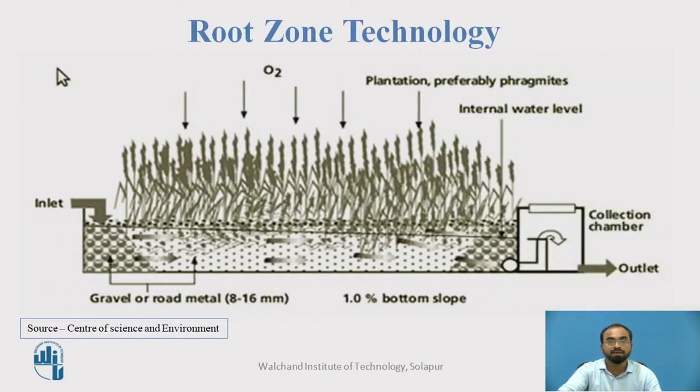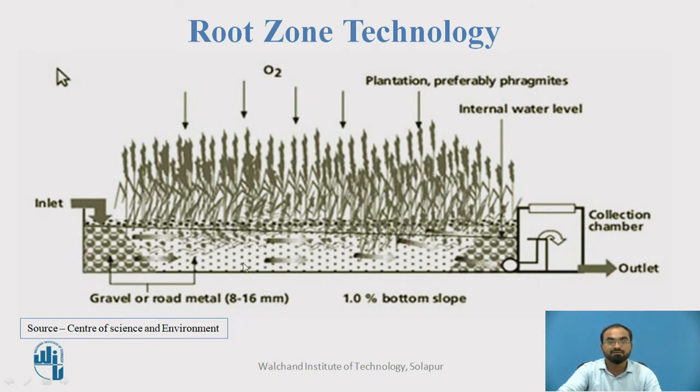Now in a more detailed way, you can see the diagram where the inlet has been shown on the left part and through the gravels the wastewater is coming inside the root zone, where the roots are giving out a lot of oxygen from the atmosphere, and nearby the root a lot of rhizosphere is being created where the microorganisms residing on the gravel are taking a lot of oxygen and taking a lot of organic matter through the flow of